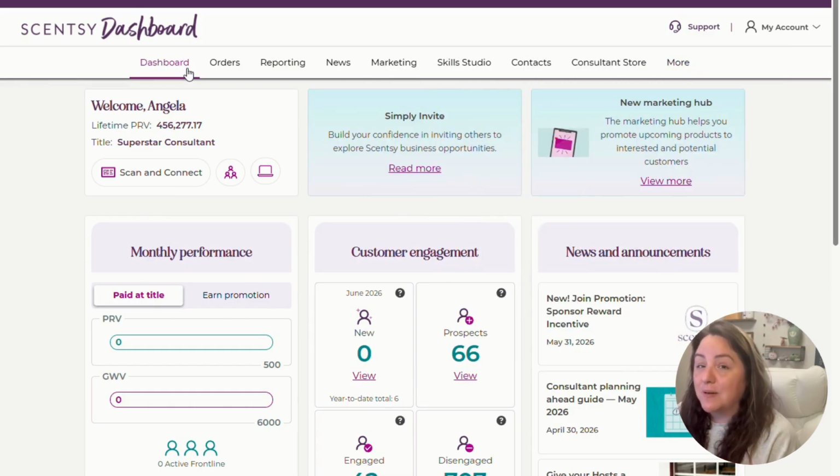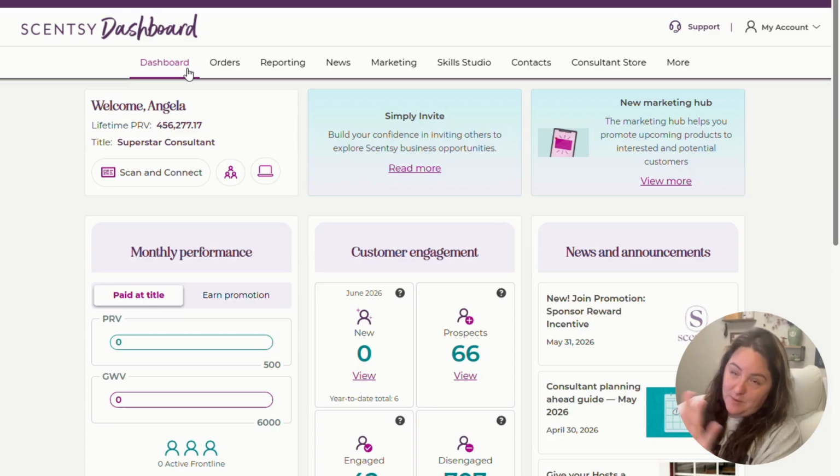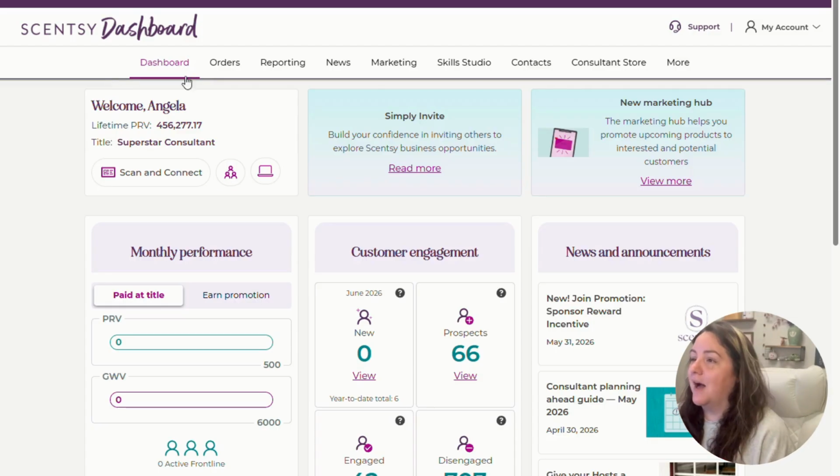This is through desktop, so keep in mind, through mobile, the menu is just off to the side instead, but it's still the same. You'll still have dashboard, orders, and whatnot. All of that's still the same. But I'm doing this on the computer, so it's panned out more. And then below that is just kind of a